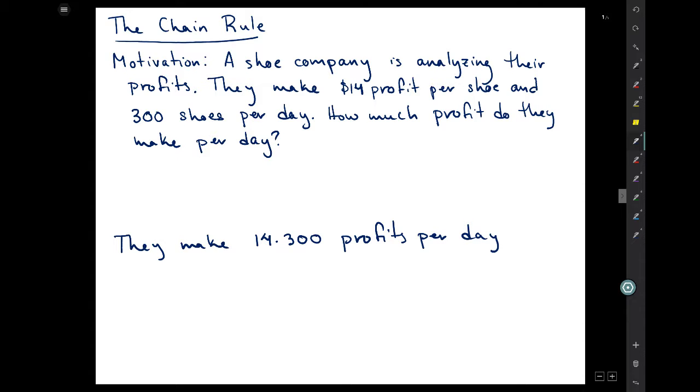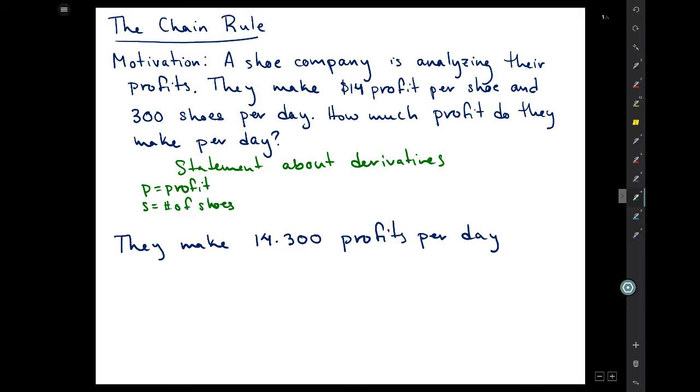Okay, so what on earth does this have to do with calculus? So we realize that this whole problem is a statement about derivatives, because derivatives are a rate of change. And so if P represents our profit and S represents the number of shoes,